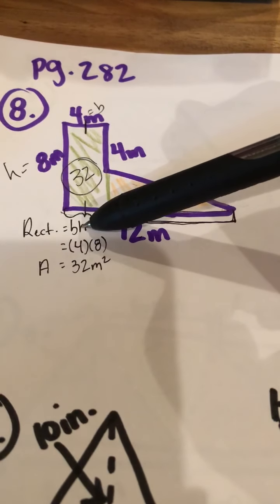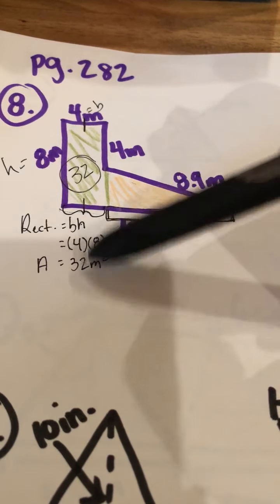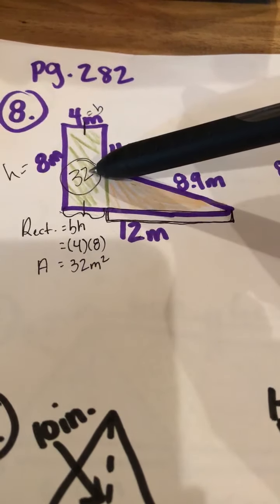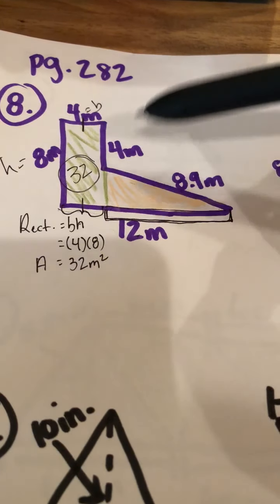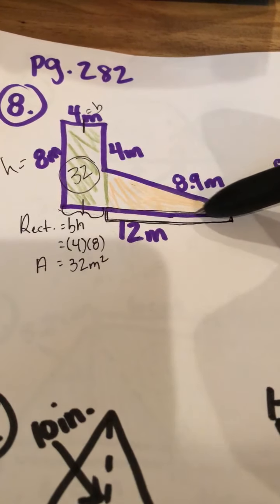So I have base times height. Do not divide by 2. It is not a triangle. It is a rectangle. So the area of this rectangle is 32 meters squared. So now the base of this